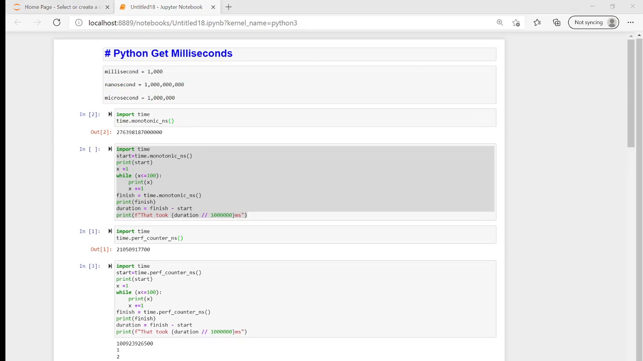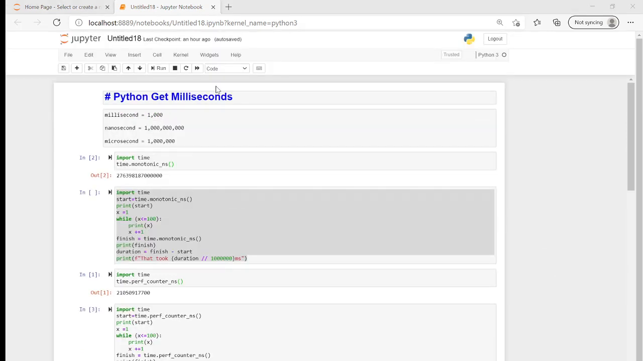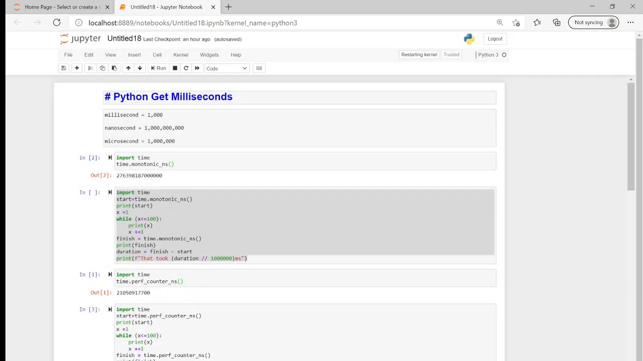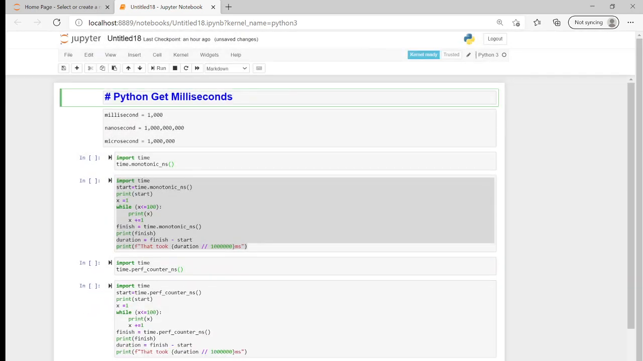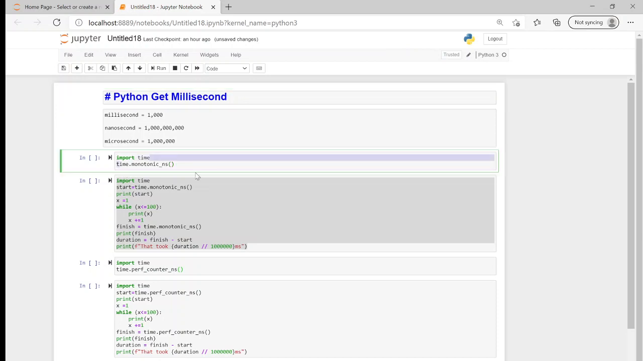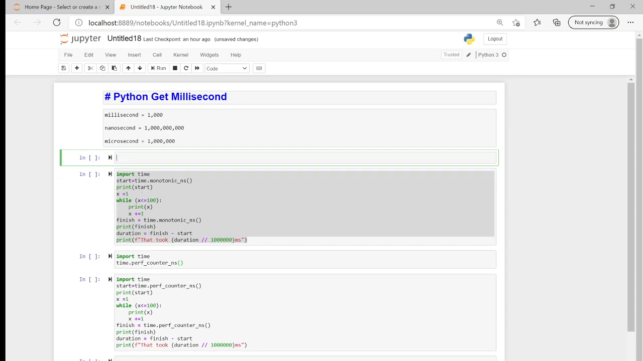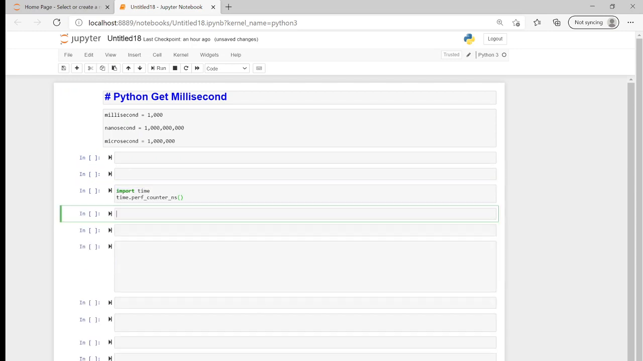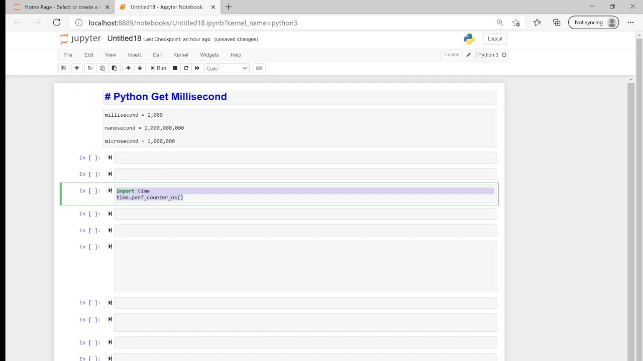So just give me 1 second. Okay, here we go. So let me just clear my kernel again. And let me just get rid of all the text. I'm going to keep this up just because it could be useful, but let me just keep that up. Okay, so